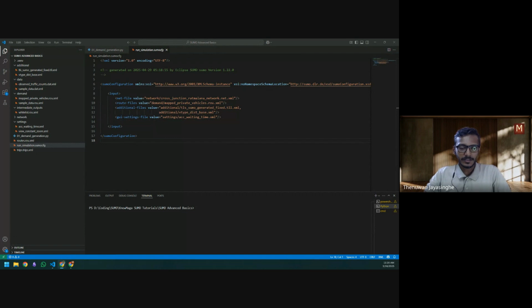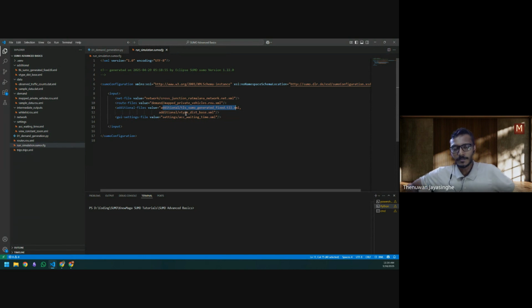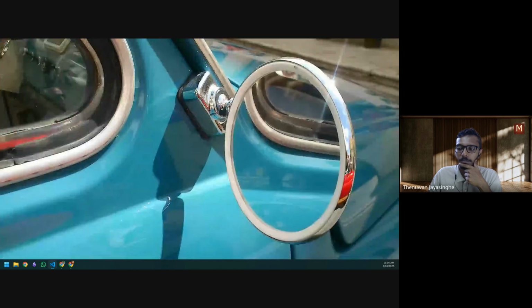So in the previous video, where we stopped was we were focusing on reducing the simulation runtime, and then we added the traffic signal times and then vehicle type distribution finally, and then with that we simulated private vehicle traffic, right? So now next what we can do is adding a public transport service as well. So in order to do that,